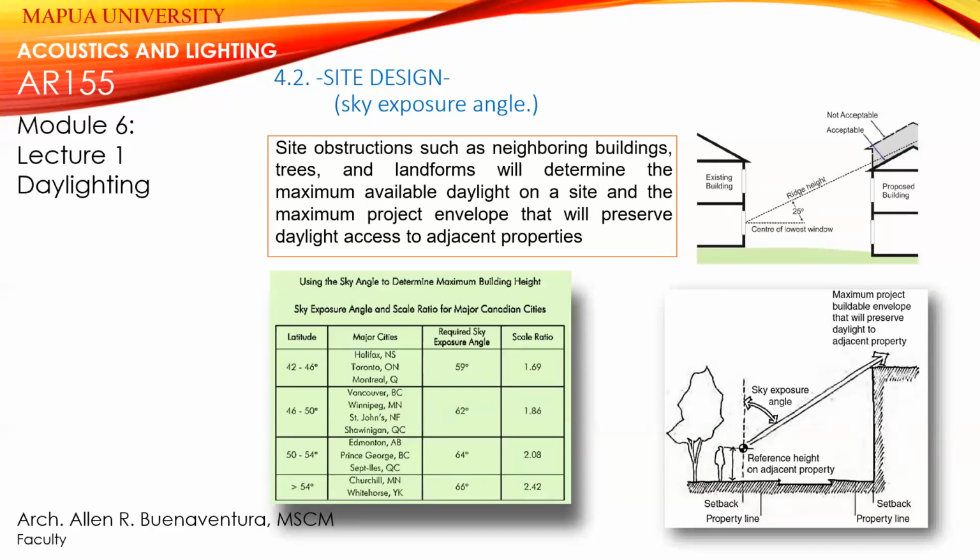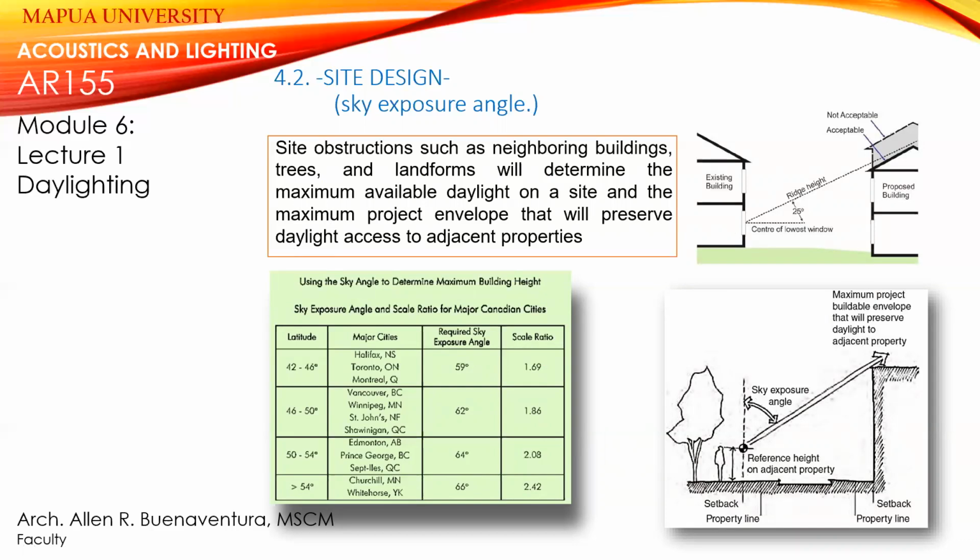So if you look at the lower right side, as you can see, if there's an adjacent property, the maximum projected buildable envelope will preserve the daylight to the adjacent property. So you need to create a setback, so that you can create good daylight to a particular part of the exterior environment or a particular shade. So there is also a sky angle to determine the maximum building height. There are also applications that you can use to determine the exposure of the building to sunlight and